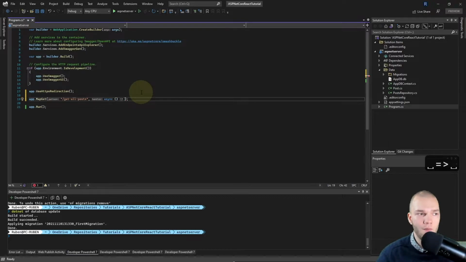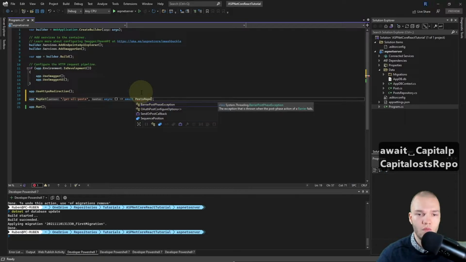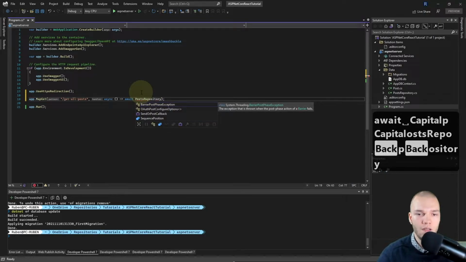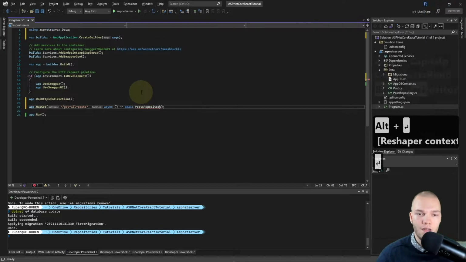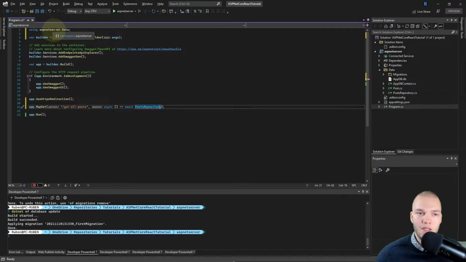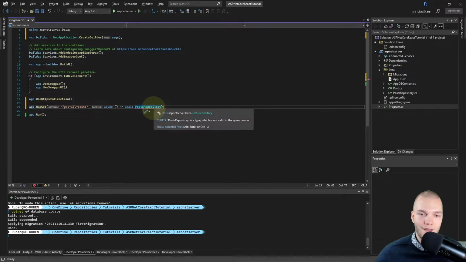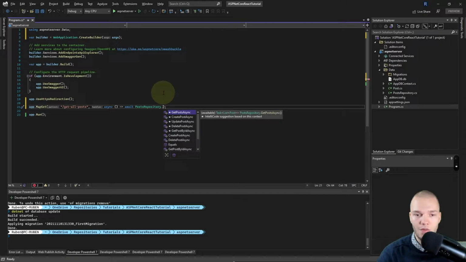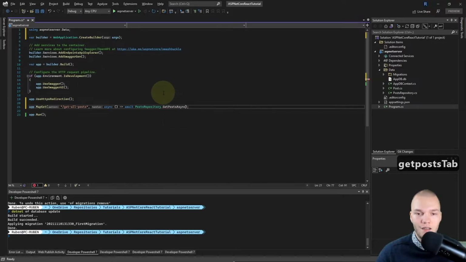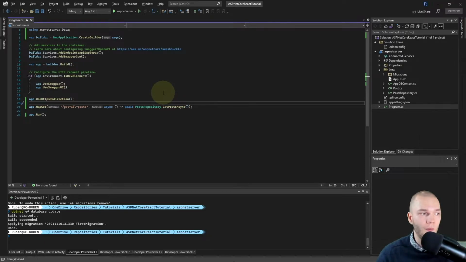Then I'll do an arrow, and we will await PostsRepository. I'll just hit Alt Enter and use our ASP.NET Server Data namespace. So in our static repository class, we will call the GetPostsAsync method. There we go. And that really is the getAllPosts endpoint done.